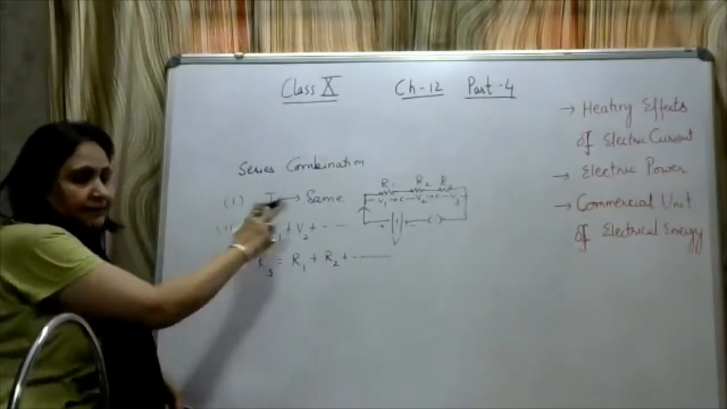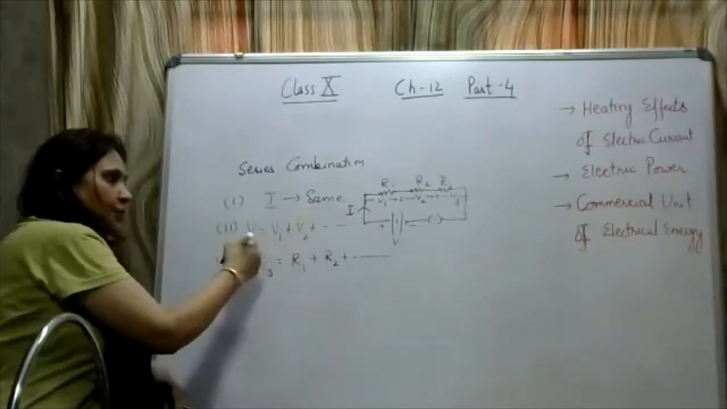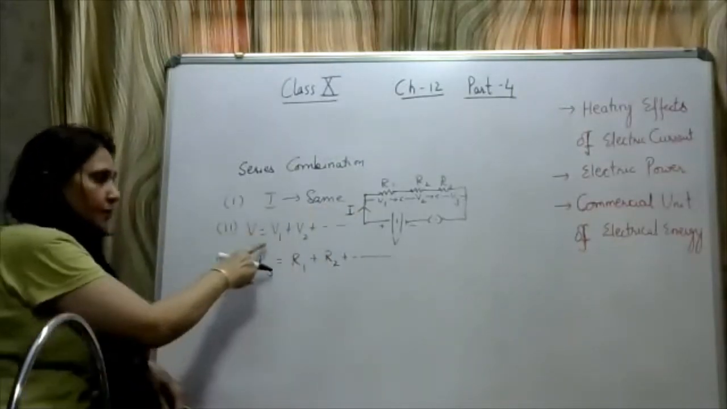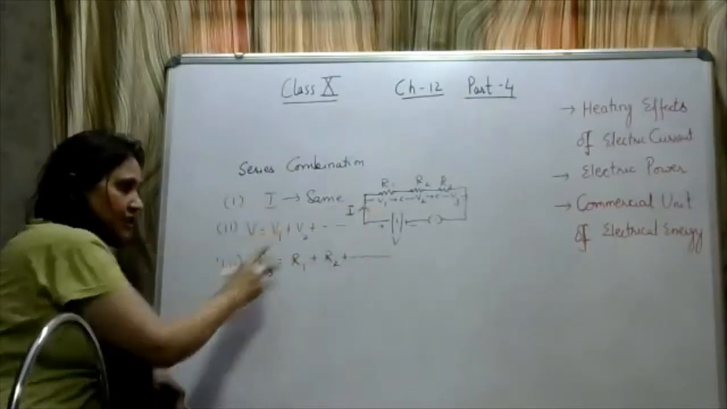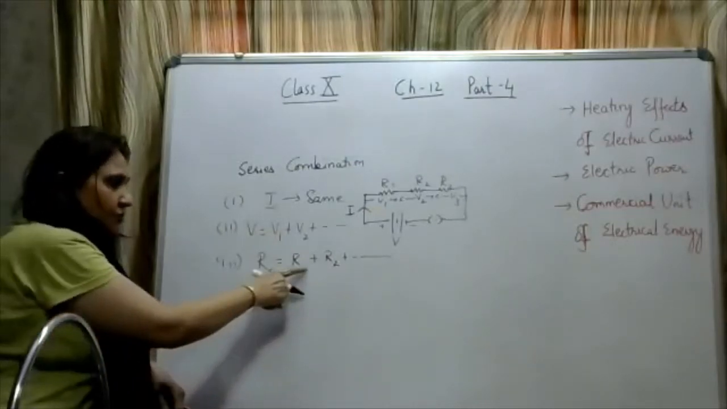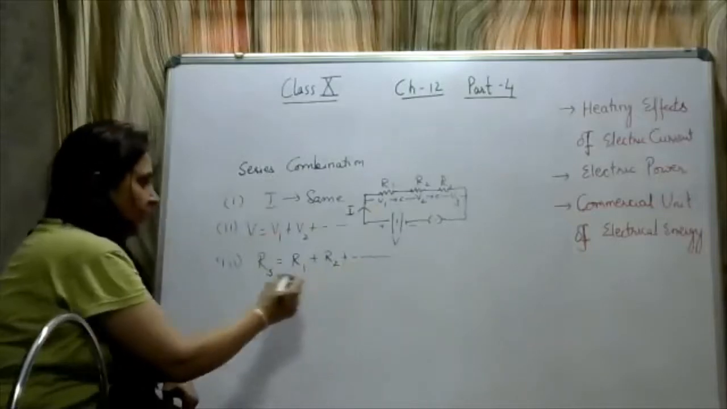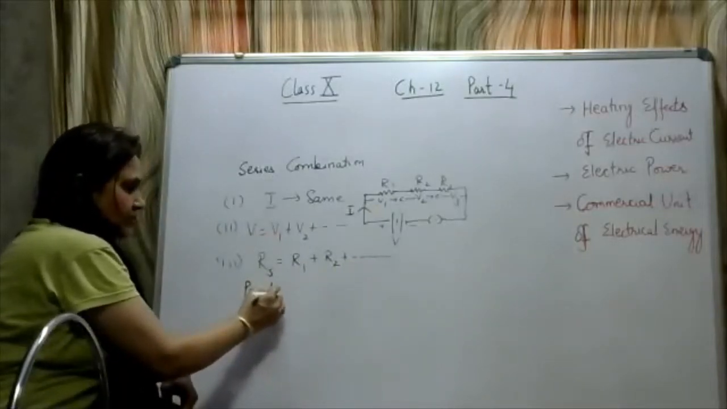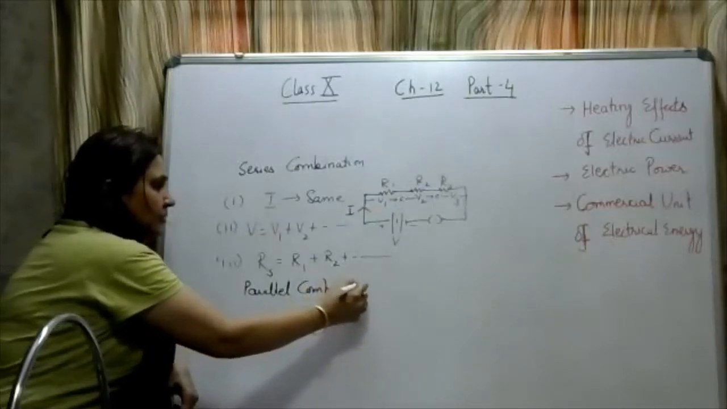The first one, the current flowing through each resistor is the same. The total potential difference across the whole combination is equal to the sum of the potential differences developed across each resistor. And the effective resistance in the series combination is equal to the sum of the individual resistances. Whereas in parallel combination, the 3 points which you have to remember are